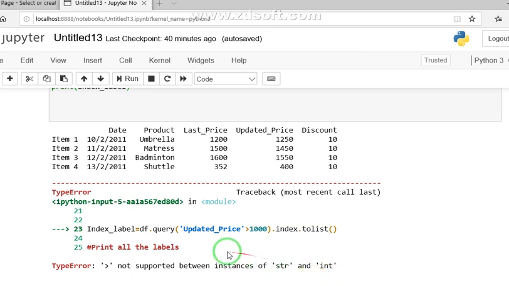You know that the greater than sign is not supported between string and integer. This part has become a string, this part is my integer value, so it is not supported between different data types. String is different, integer is different. So how can this mistake be rectified?